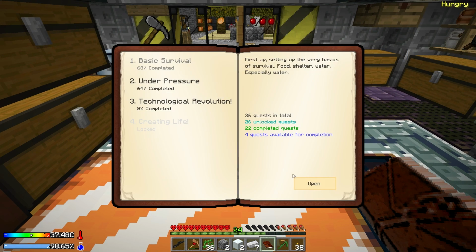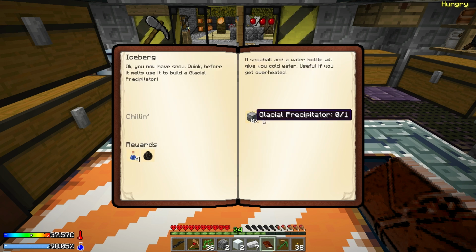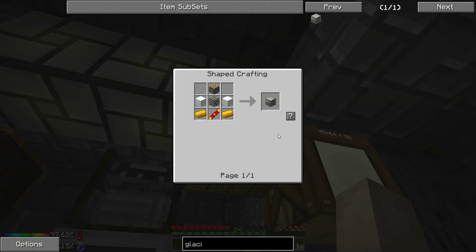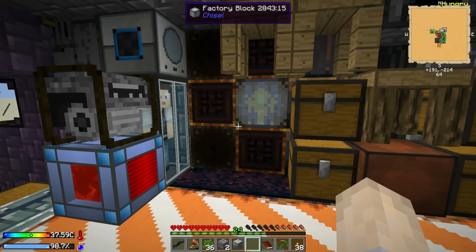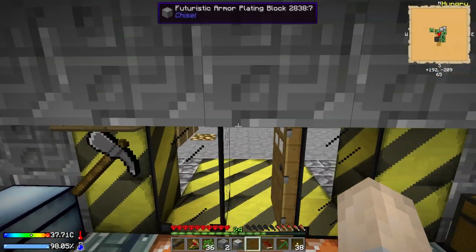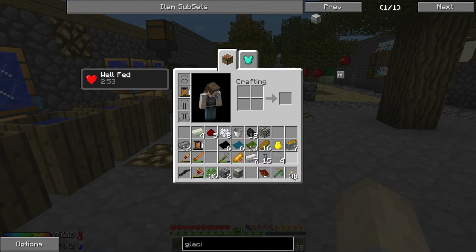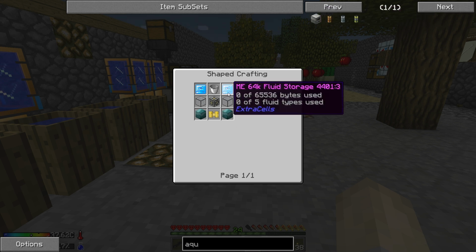Let's also hand in, was it under basic survival? Not that. The glacial precipitator. Yeah, we need to actually make it, don't we? Stupid. Okay, so let's throw that in there, and yes, we have a glacial precipitator. Obviously, this is going to require water and also power to run, so I may also want to set up an aqueous accumulator as well. I believe that's probably a lot harder to make than anything else. It's probably disabled, to be honest. No, oh, but it needs